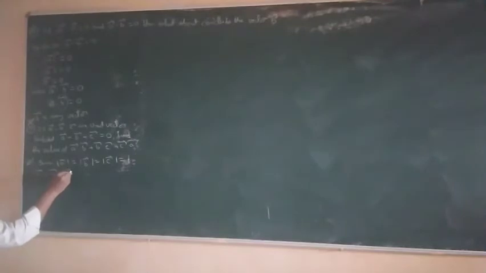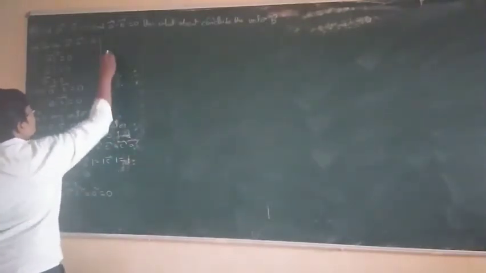Because a bar plus b bar plus c bar is equal to 0, squaring on both sides: a bar plus b bar plus c bar whole square, 0 square,